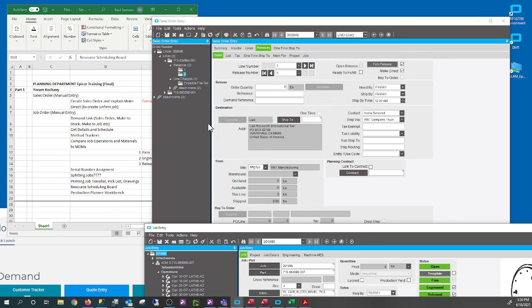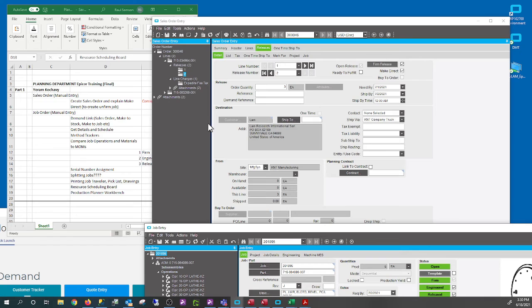No, splitting sale orders is different from splitting job. Well, when I was asking what split job means, that's what they explained to me, that you are splitting the job because you have two different delivery dates. Splitting sale order is one thing, okay, but splitting job is another thing.